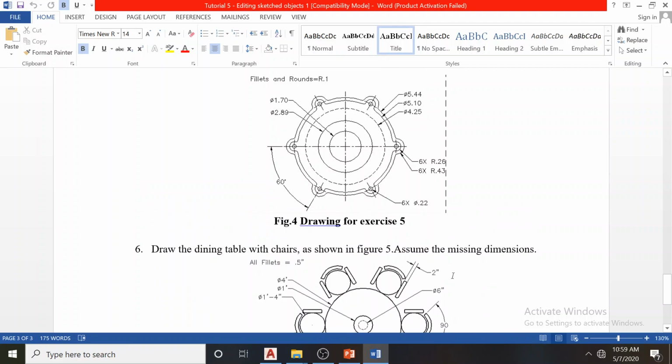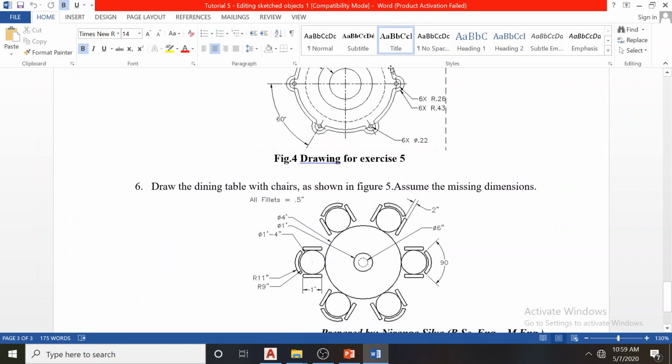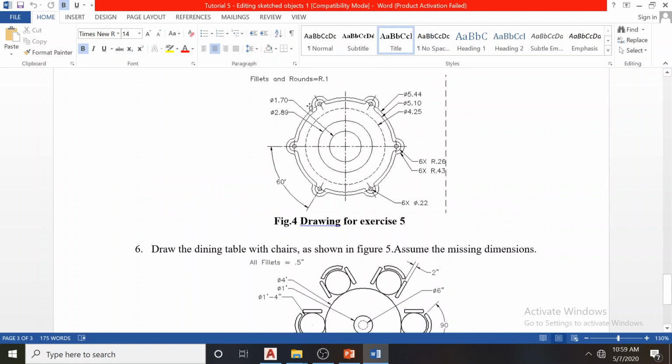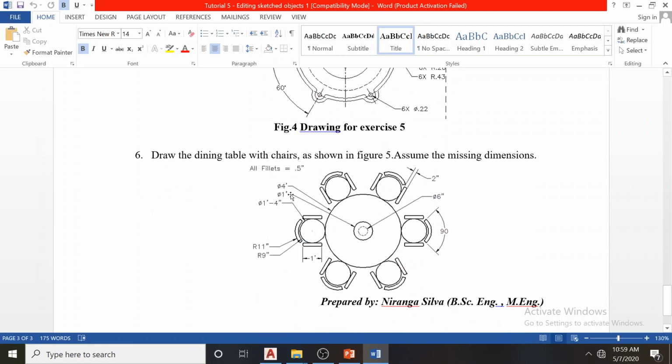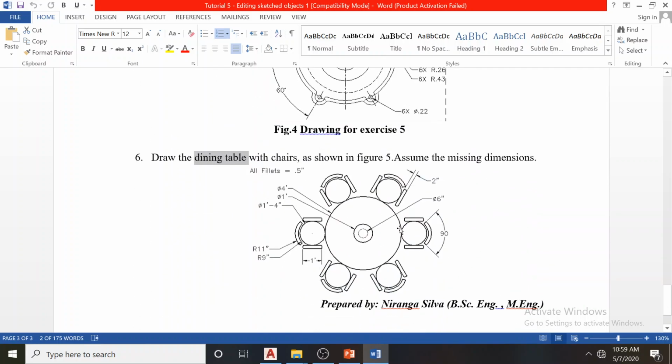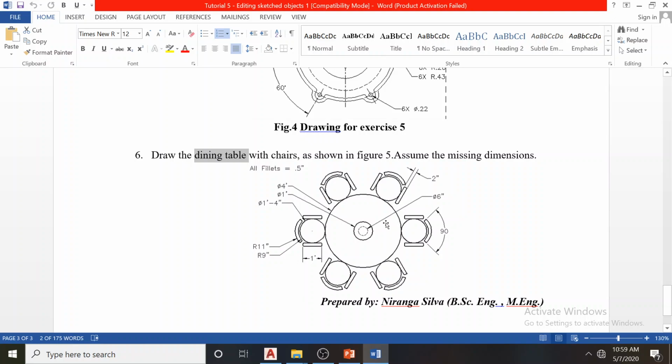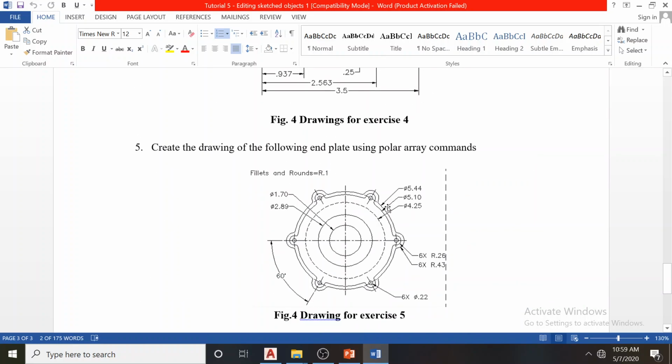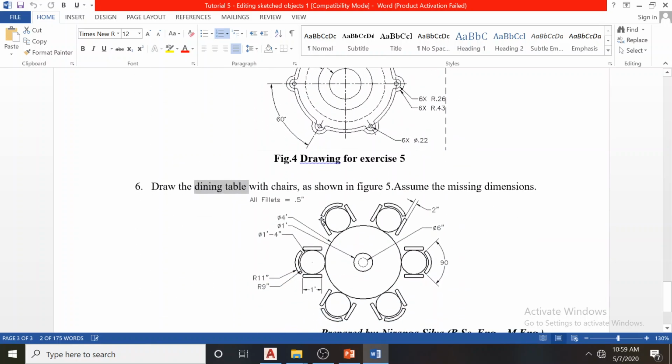These two questions use this array tool. This is like a mechanical part. This is a round table, so it's a dining table, with chairs. These are the chairs. When you look from the plan view, what can you see? That's what we are going to draw. For the architecture students, I am going to have some house plans in a while. In the first few days, we are going to look at mechanical drawings, because mechanical drawings are somewhat complex. So we will come up with the tutorial answer.